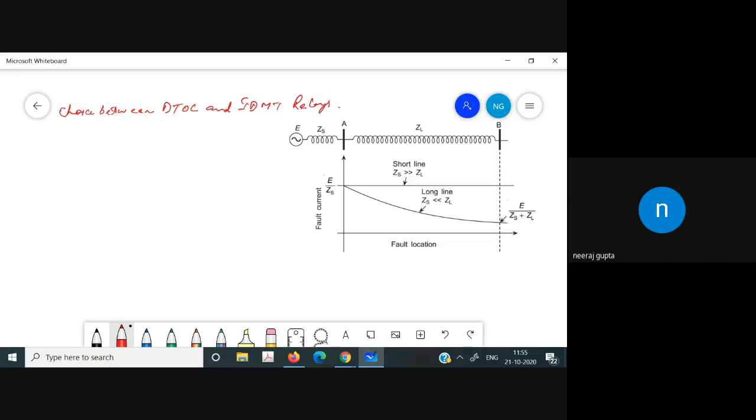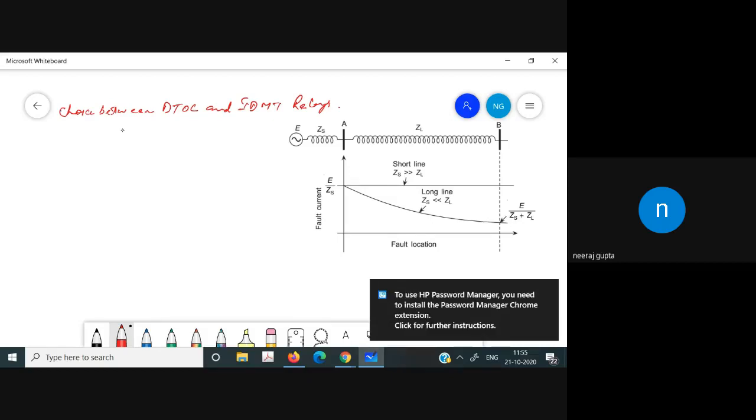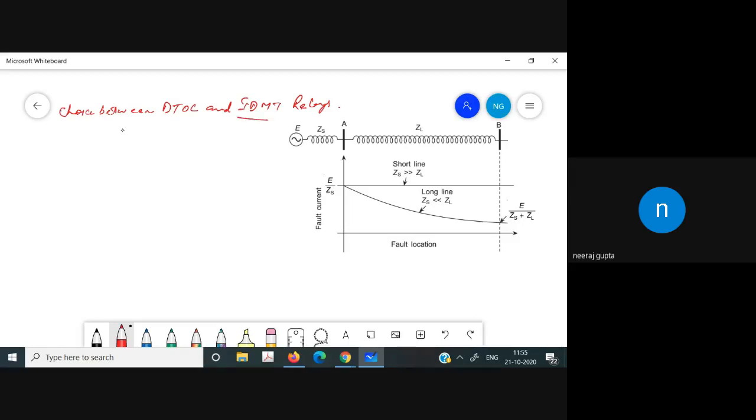So in the last lecture, we discussed these two relays, and how we have to do the setting of these relays. We also discussed that IDMT relays offer a significant improvement in fault clearing time over the DTOC relays. And a question often arises: if that is so, then what is the need of the DTOC relay as compared to the IDMT relays? There are certain situations in which the IDMT relays are not economical, and they do not offer a significant advantage as compared to these DTOC relays.